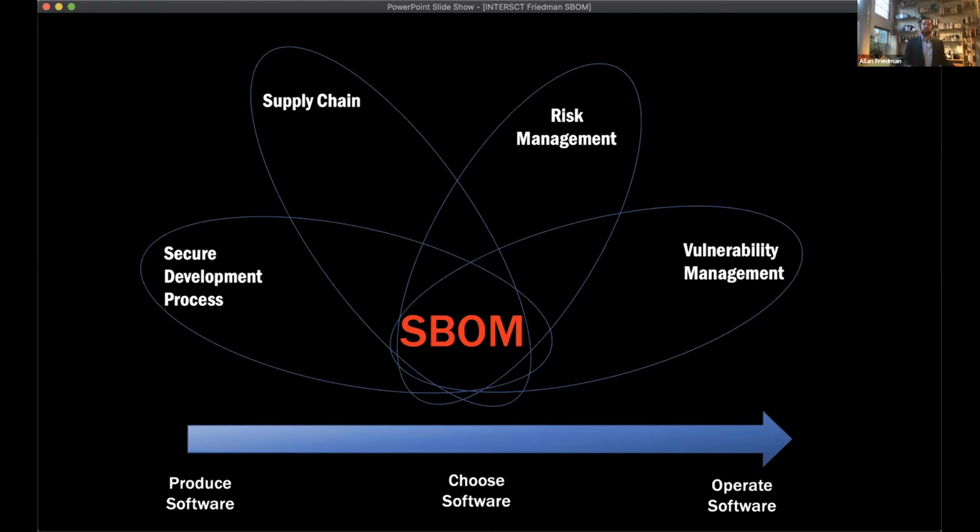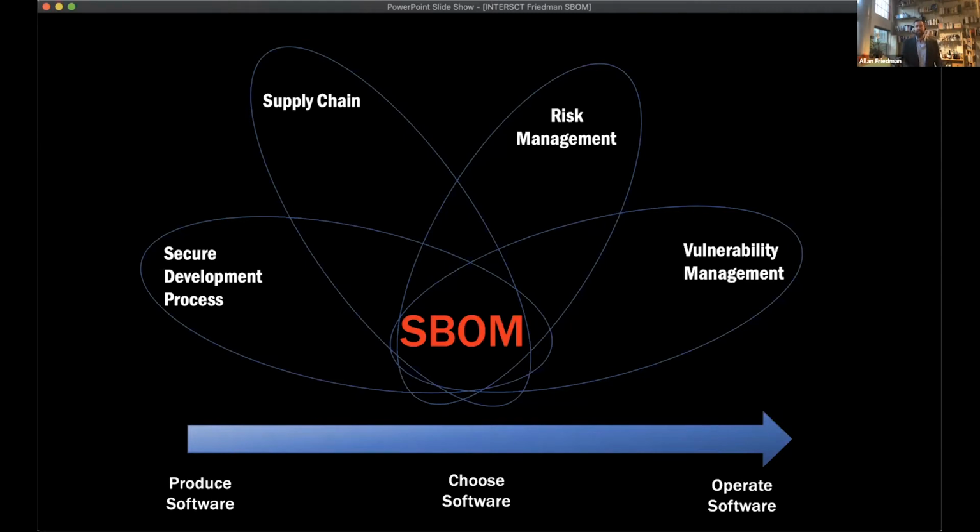If I'm about to buy a bunch of smart TVs, well, you and I may care if our smart TV is spying on us. But you know who should really care? Is the CISO for a major hotel chain, right? They need to have some tools to say what's going into these things that we're putting in our organizations. And of course, vulnerability management. Are there vulnerabilities out there?